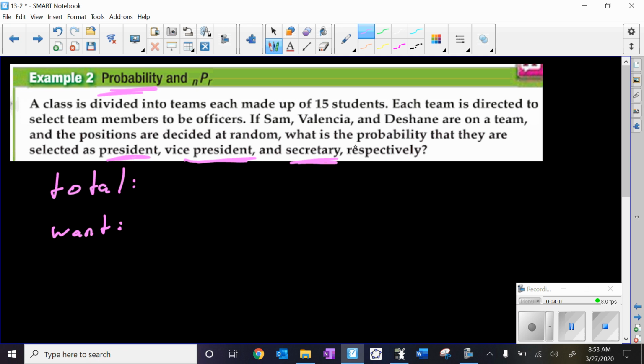So the first person that they choose, they have 15 people to choose to be president. They would have 14 people to choose from to be vice president. And then finally, they would have 13 people to choose to be secretary. Or you could say, I have 15 students, and I'm choosing 3 of them, if you want to use that into your calculator. So 15 times 14 times 13